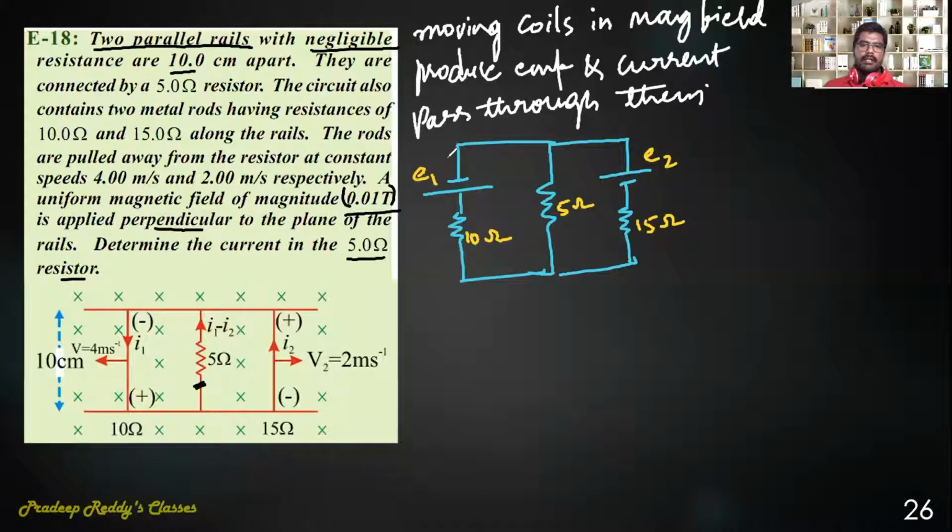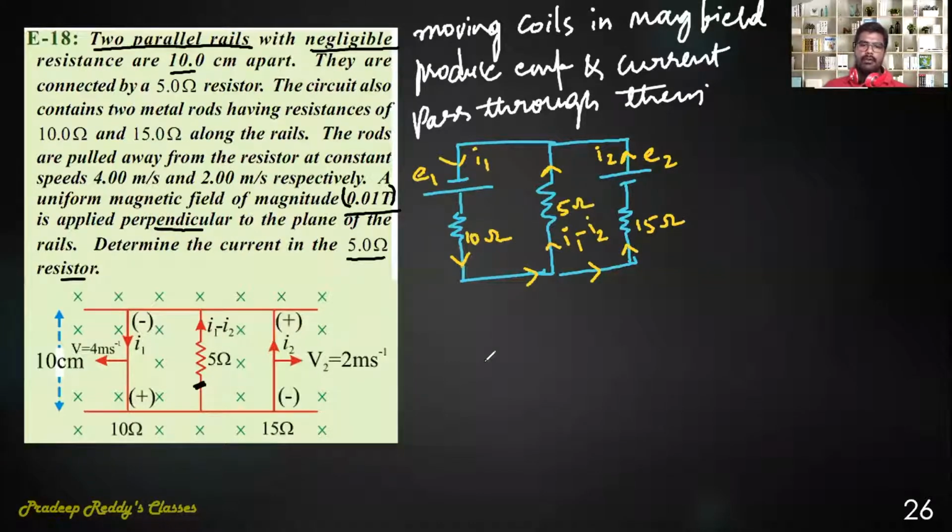So current in this is I1 downward, current in this is I2 upward. Both come over here. I1 comes over here and enters this region. It will be I1 minus I2. I1 minus I2 is the current entering the 5 ohm resistor. I have used Kirchhoff voltage law and divided the currents in the circuit.